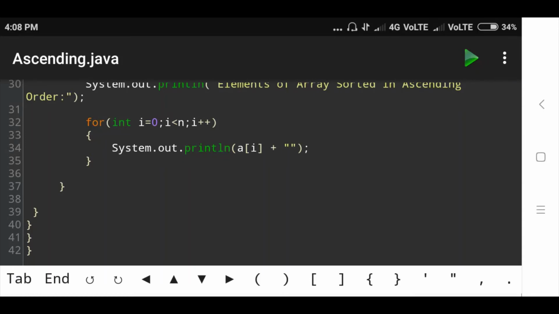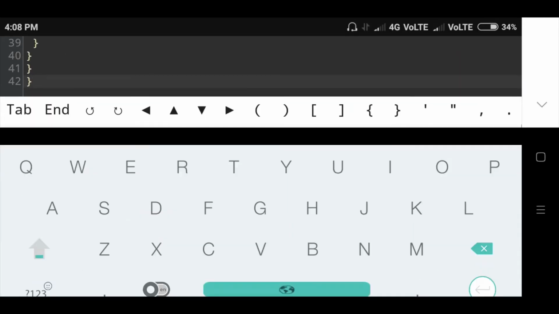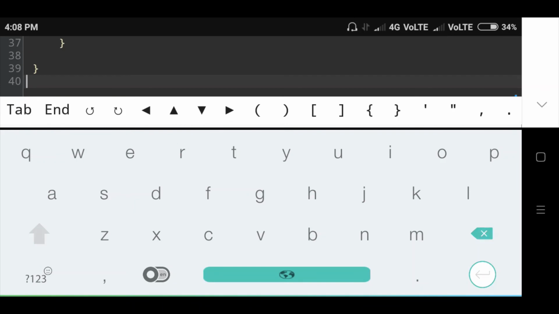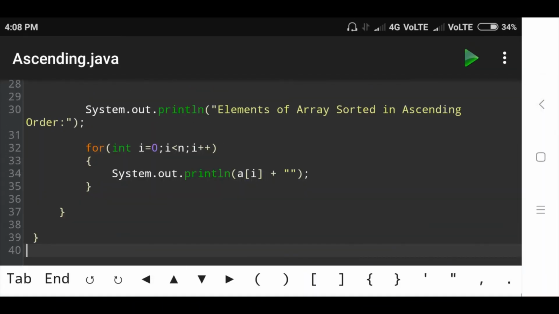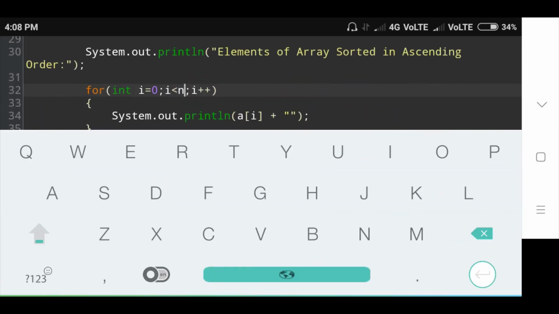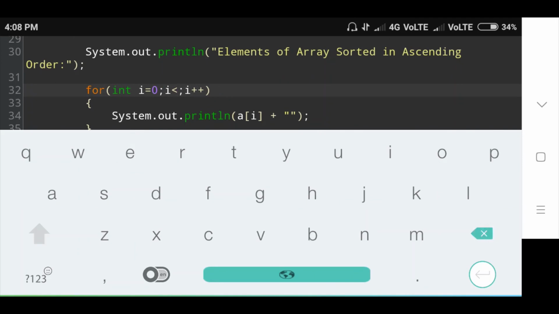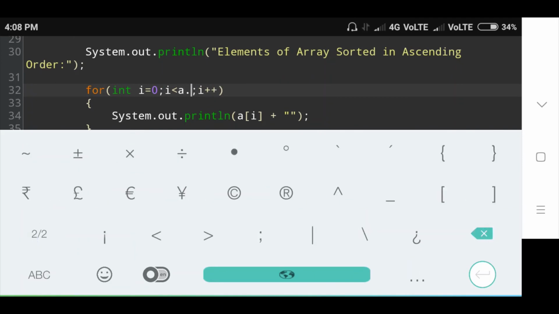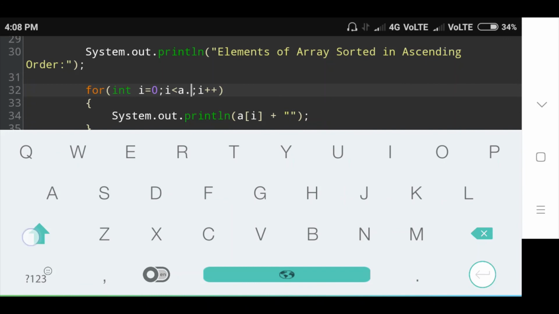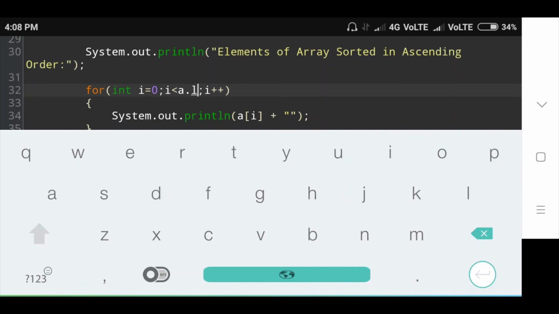Now see here, there are extra curly braces. I will remove these curly braces. Now in the for loop condition, here i is less than array len. Here one mistake is len.